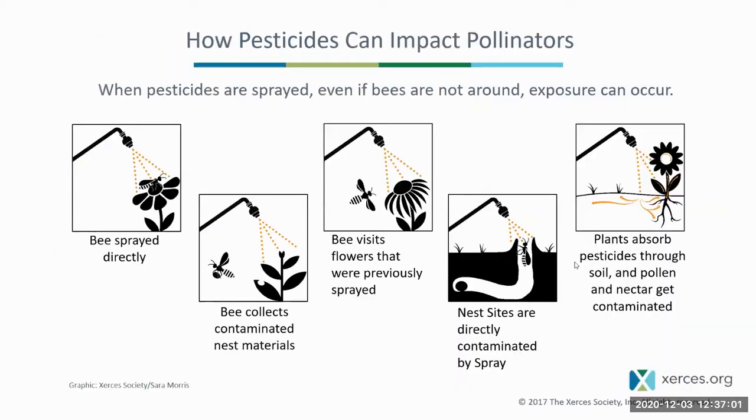Pesticides can impact pollinators through a variety of pathways. They don't have to be sprayed in order to be impacted. One way that bees or pollinators can be impacted is by being sprayed directly, like here on the far left. They can also collect contaminated nest materials. If a bee visits a flower that was previously sprayed, that's another way that they can be impacted by pesticides. Nest sites can be directly contaminated by spray. And then the one on the far right, I think, is probably the least obvious